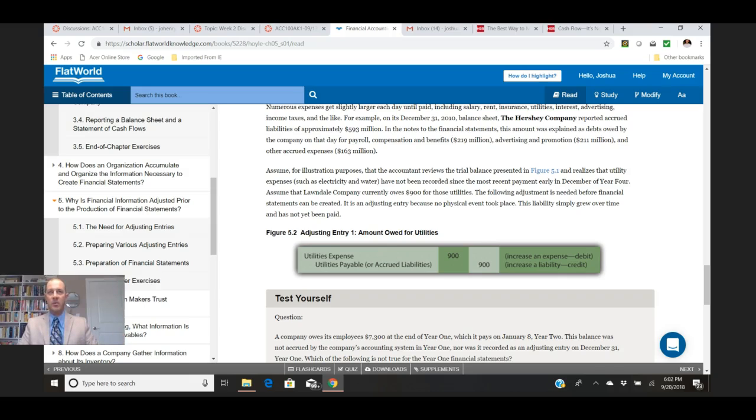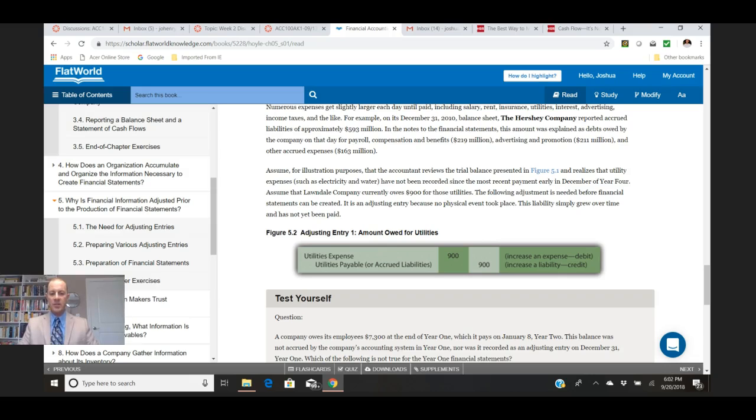And if we're going to report the financials at the end of the month, we want to make those adjusting entries to reflect the activity that's taken place since then, even if no official transaction has taken place, because a large property is going to burn through a lot of utilities expense. And so if we're not making that adjusting entry at the end of the month, it's going to reflect inaccurate